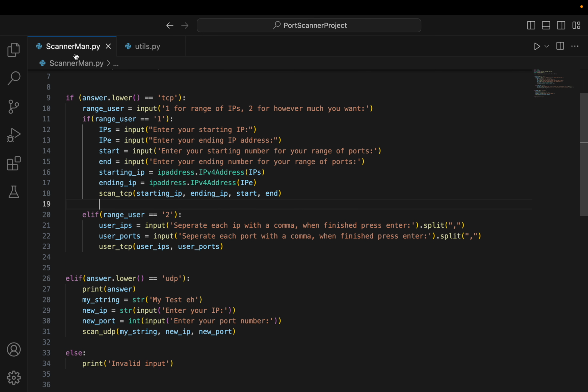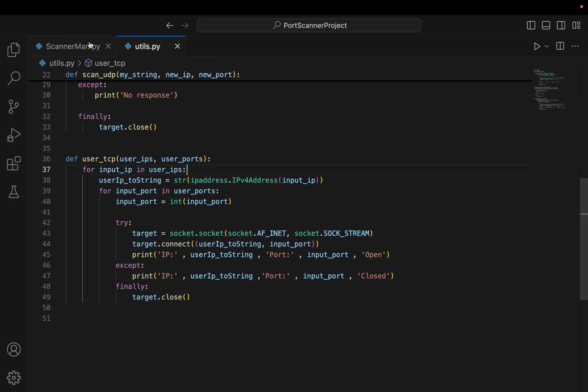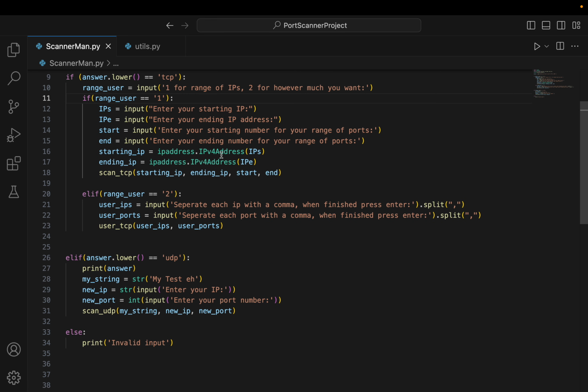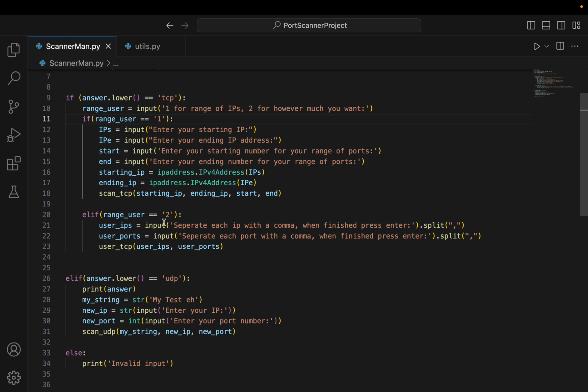I added some new stuff. I added the option to scan for a range of IPs or for however many IPs the user wants. For however much you want, they would input 2, and then it asks them to separate each IP with a comma. And the way we do that is we use the dot split function on the end